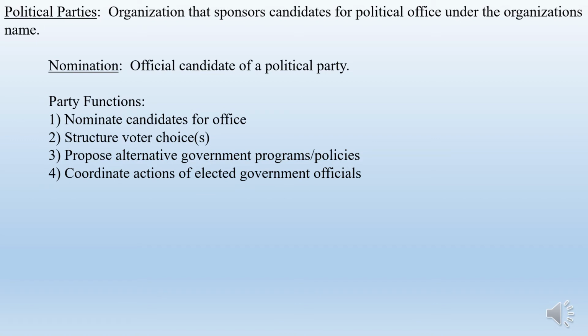The same thing goes for former Vice President Joseph Biden. Biden is a member of the Democratic Party. The Democratic Party is sponsoring his candidacy as the nominee of their party, and they both are doing so under those organizations' names. Now, how does a person become the nominee of their party? Well, first of all, the nominee is essentially the official candidate. There was a lot of talk prior to the conventions for presidential candidates about the presumptive nominee. Well, the person does not become the actual nominee until the convention when they vote for them to be the nominee.